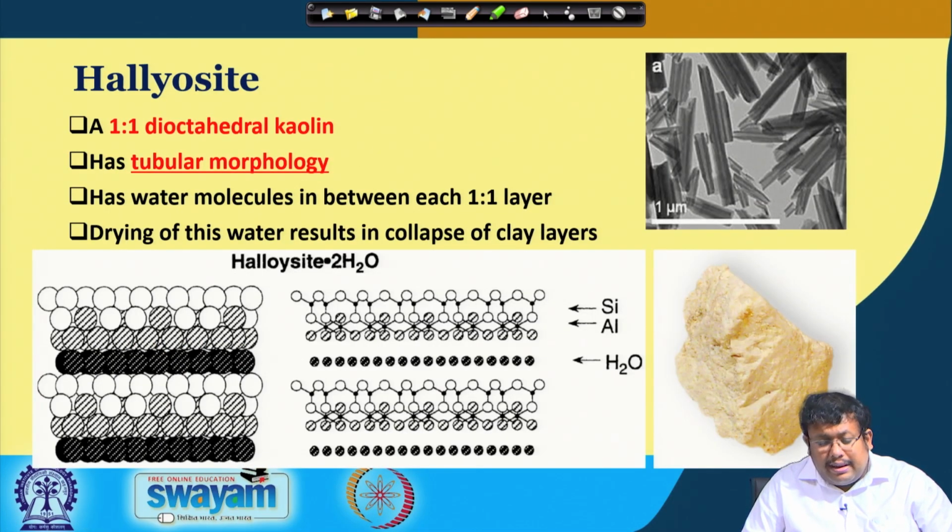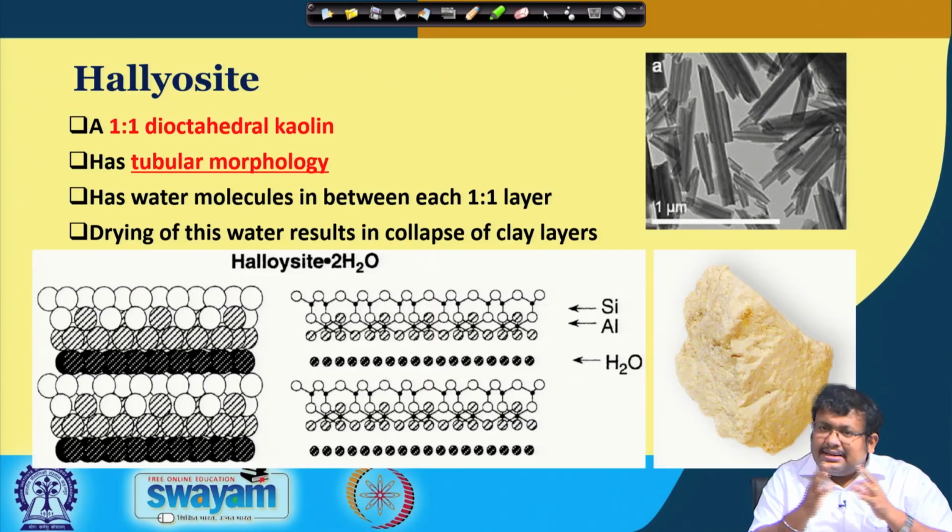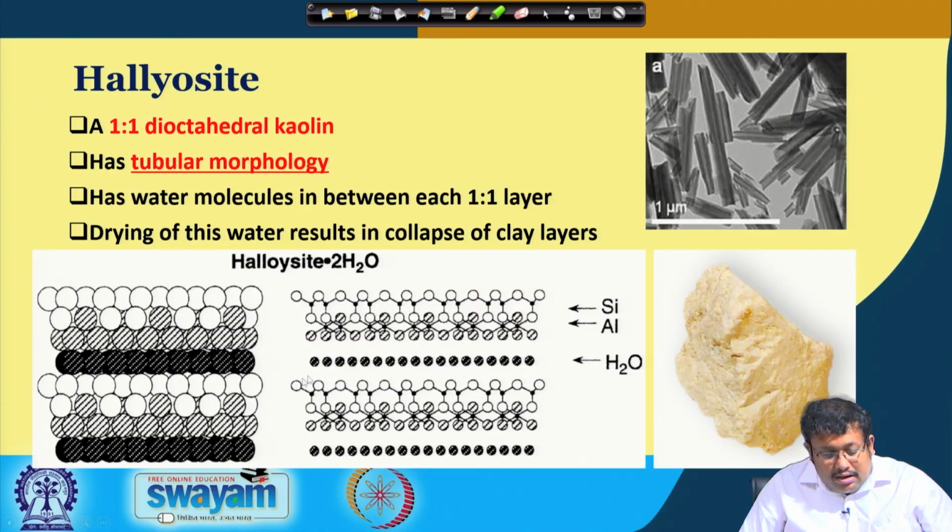So, another important mineral is called halloysite, which is a 1:1 dioctahedral kaolin, and this has a similar structural unit as we have seen in case of kaolinite. However, the only difference is it has got interlayer water molecules. So, basically there is a layer of water molecules in the interlayer space in between this 1:1 layer. So, when we dry this water,